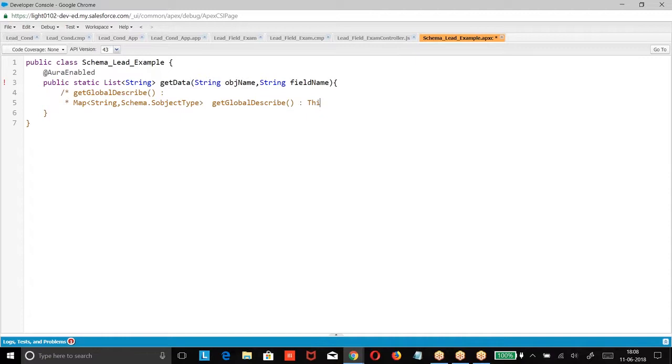This will give you all the objects in the Salesforce in the form of map, where object name is the key and object type is the value.